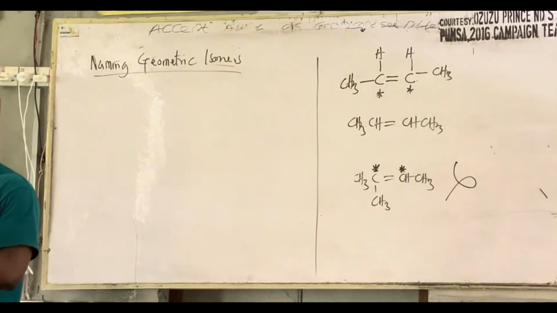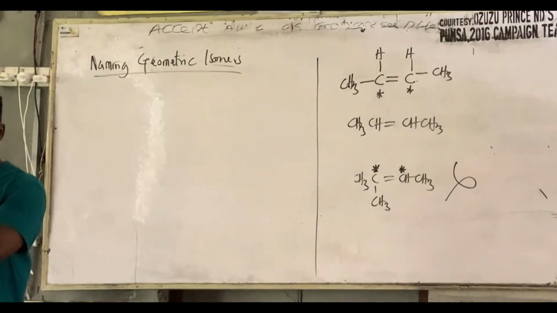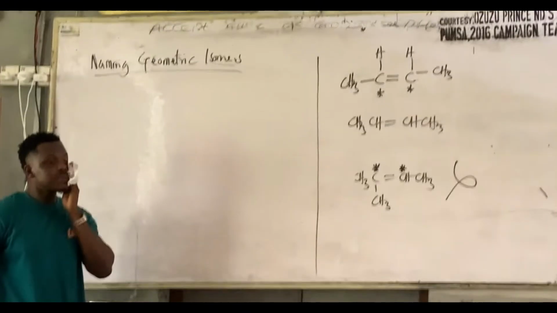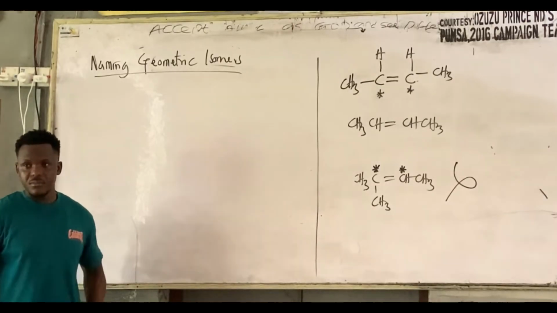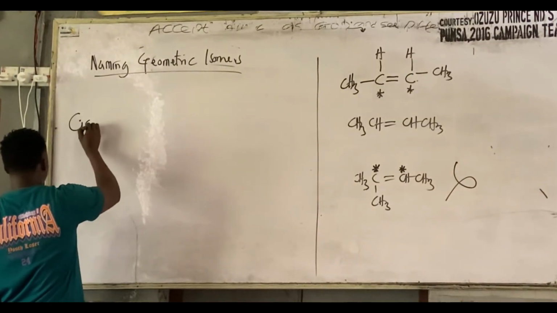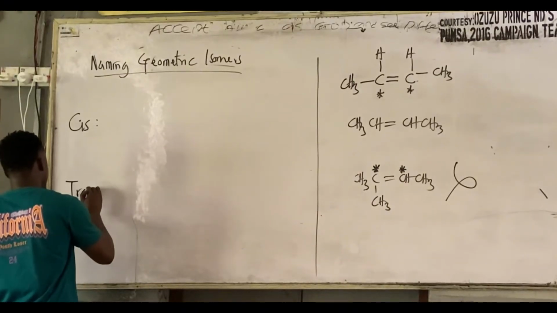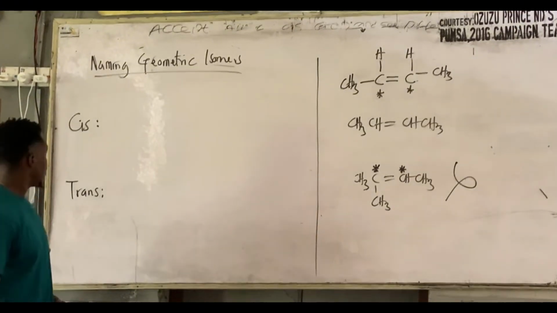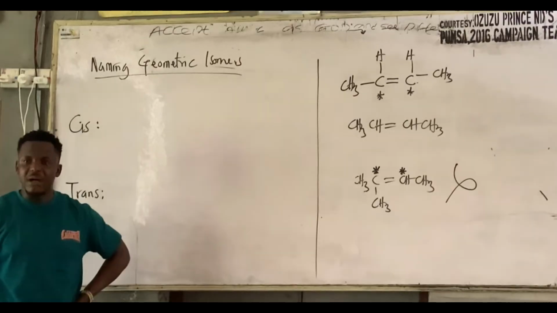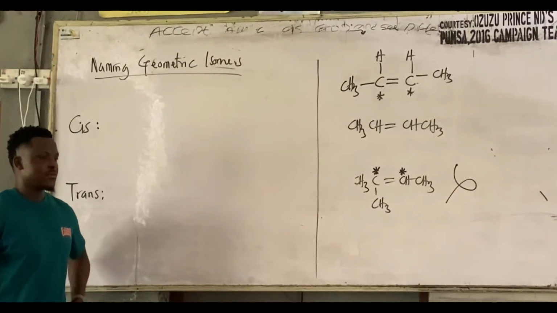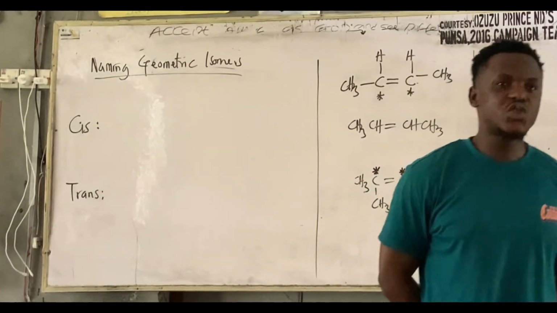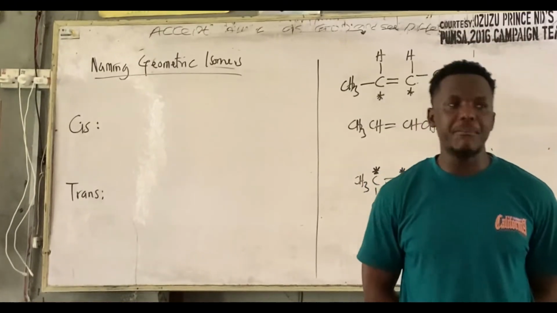Geometric isomers can be named using the cis-trans system of naming. Before now, I'm going to explain this. A geometric isomer is named as cis when two same type of substituents on both carbons of the double bond